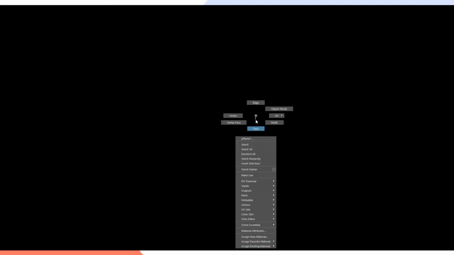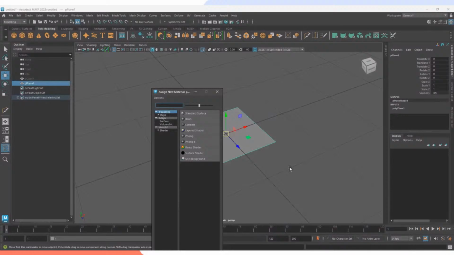plane. So I just press and hold right click, the window disappears and the selection appears. I don't know how that works. That's just StreamYard. So we're going to assign a new material. We're going to use Lambert as our